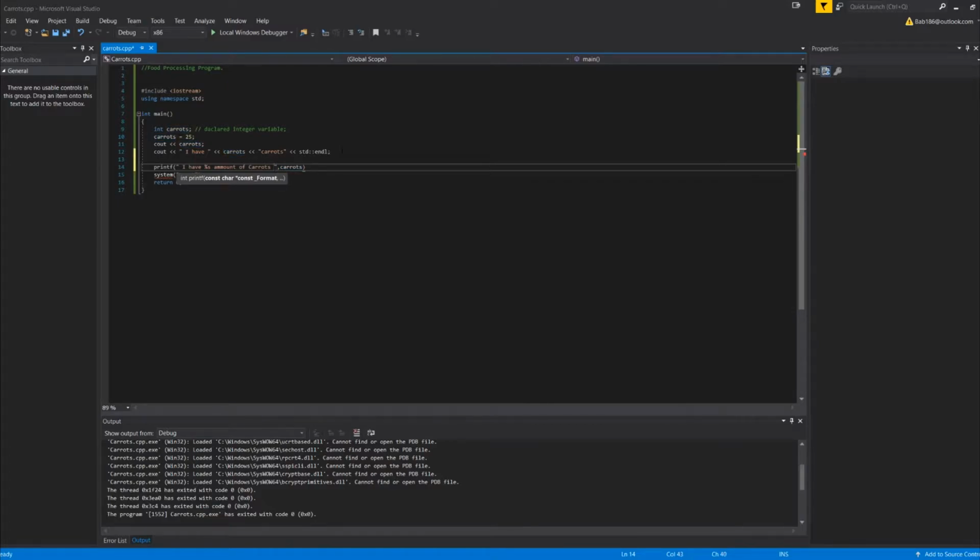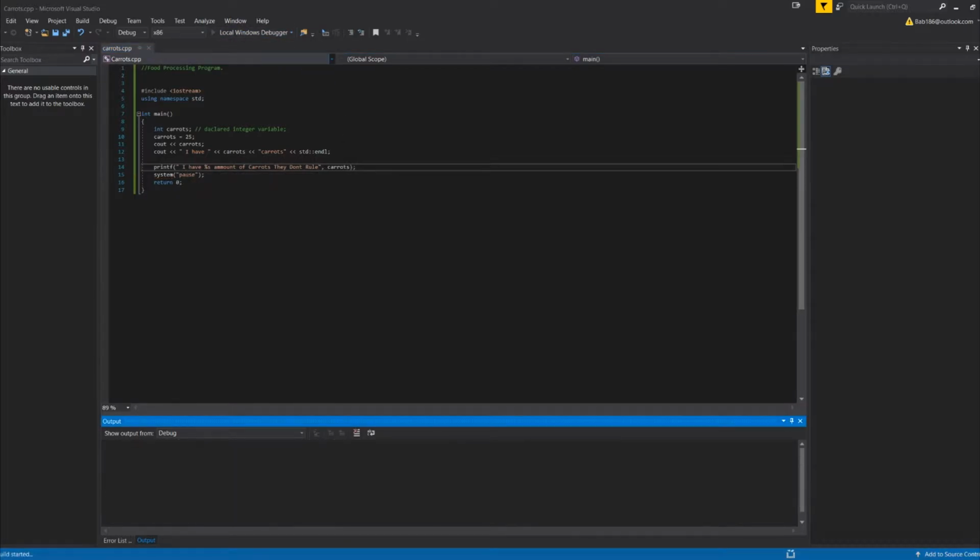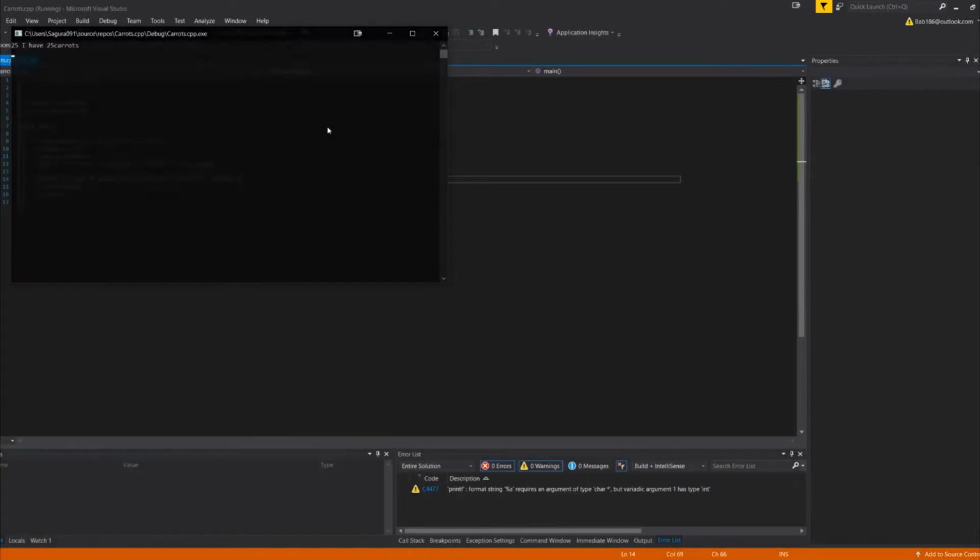And because I don't like carrots, they don't rule. And then we're going to put a semicolon. And then when we run the program,